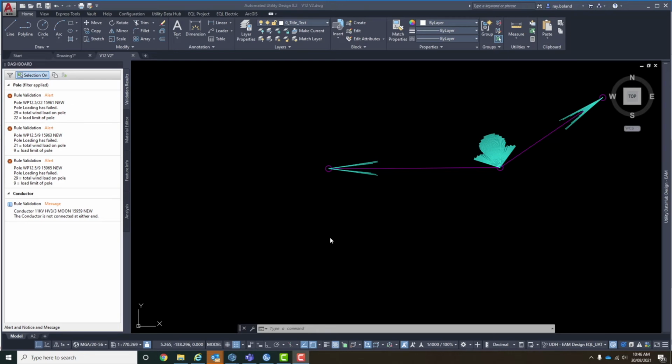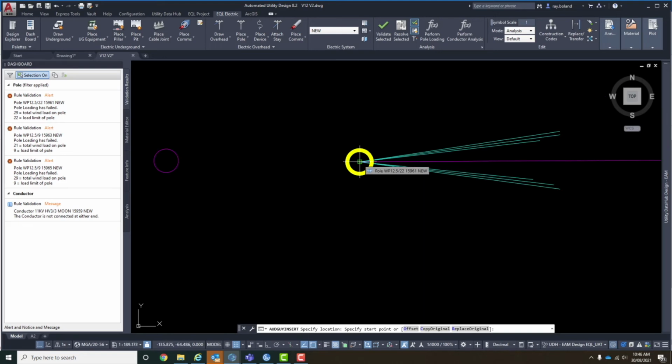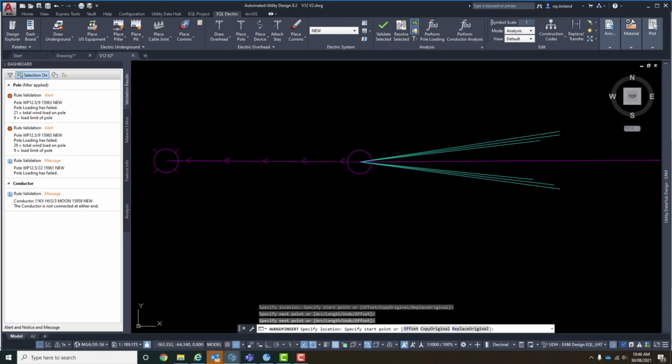Part of the system, we also can put in aerial stays. I'm just going to put an aerial stay on this pole. We can see it's overloaded, and I'm going to put a stay on. The process for doing this is simply placing a pole, and then I attach my stay between the 2 points, and put my aerial stay. As soon as you put a stay on, our pole loading just basically goes back to a message so that the calculations can run.